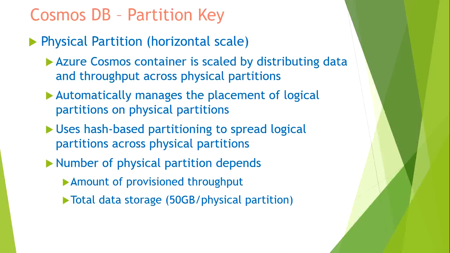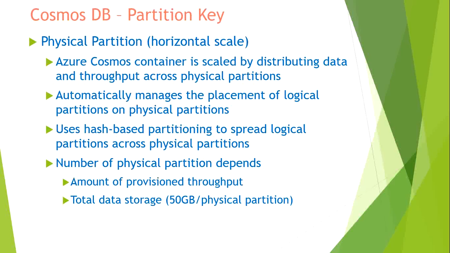Physical partitioning comes into the picture when we want to scale horizontally. If we have a pretty small database, like some 10 GB or 20 GB of data, there is no need for horizontal scaling, because it will exist in a single physical partition, or a single physical machine, for better understanding. But if you have a database with a pretty good size of data, spanning from some 100, 200, 500 GB or some TB, definitely it will need to have the physical partitioning done.